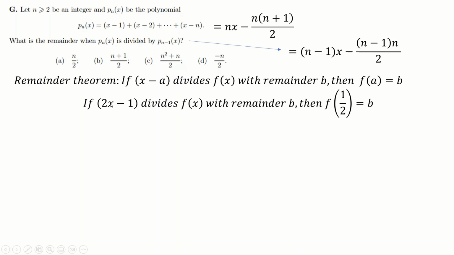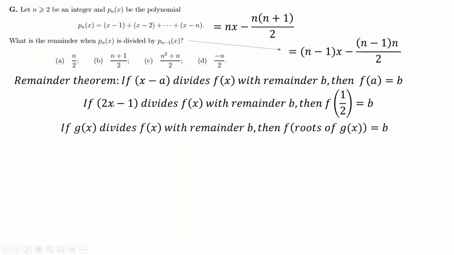because you use whatever x value makes this 0, in the same way that putting x as a here makes this 0, that means you use a there. Putting x as a half here makes this 0, so you use a half there. So I can say this much more generally. If this is a more complicated function, if I call this g of x, if g of x divides f of x with remainder b, then f of whatever the roots of this function are